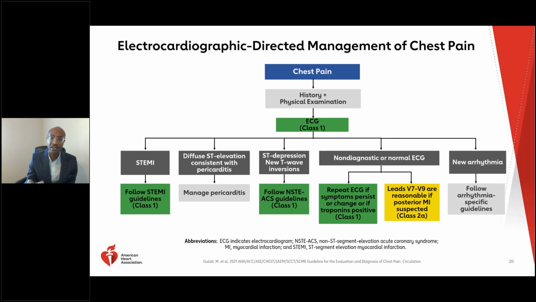And then in a small subset of patients, arrhythmias can commonly present as cardiovascular symptoms specifically. If a patient presents with supraventricular tachycardia or atrial fibrillation or flutter or other arrhythmias, the management of the arrhythmia specifically would be most appropriate instead of empirically treating someone for acute coronary syndrome. And that would also be a little more therapeutic for the patient, as you can imagine, compared to treating them for ACS.